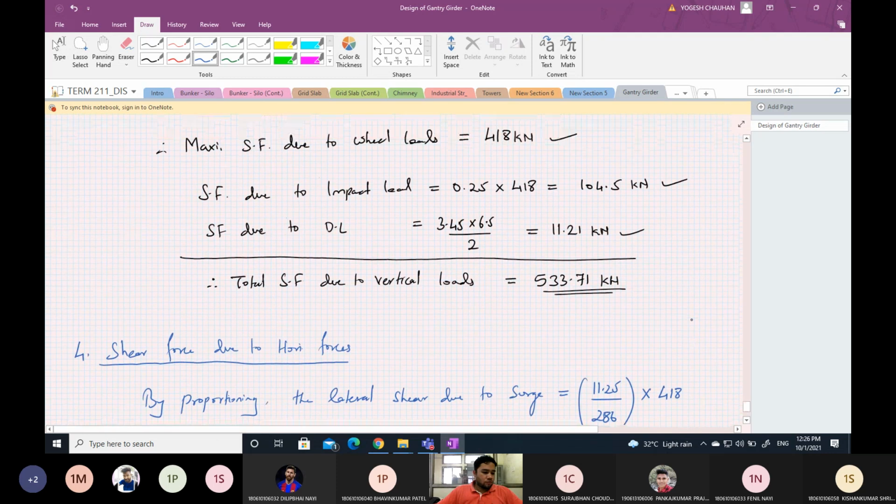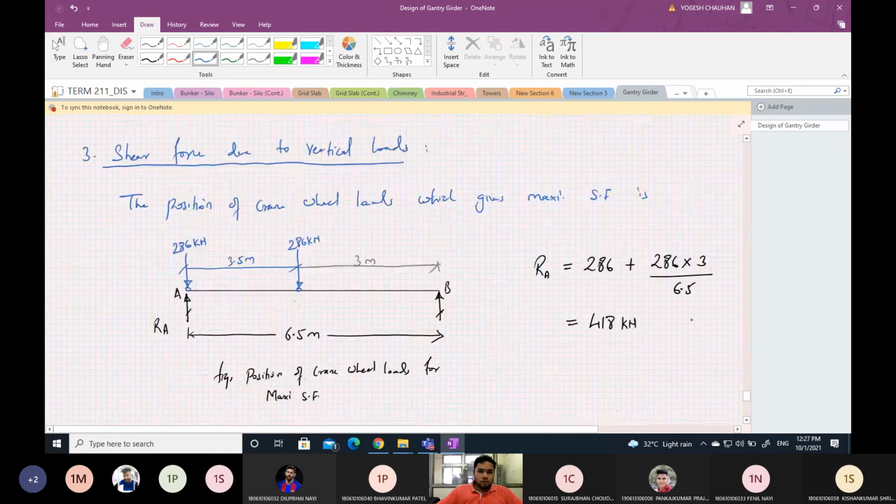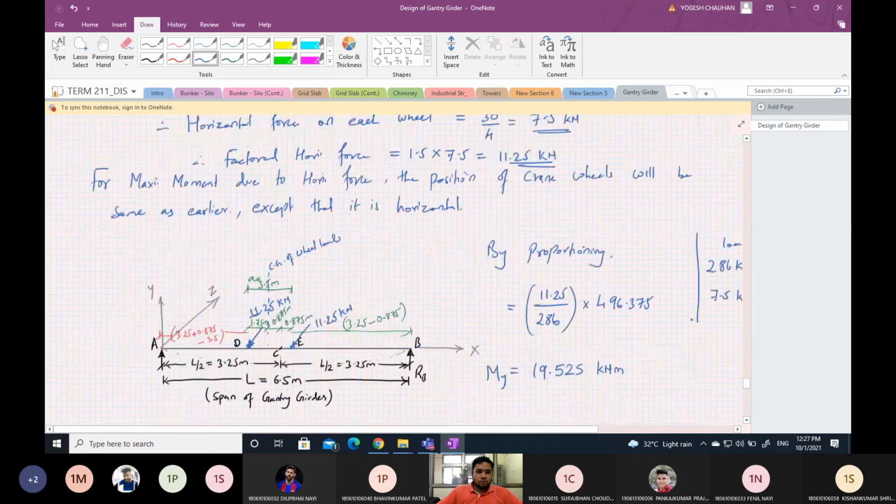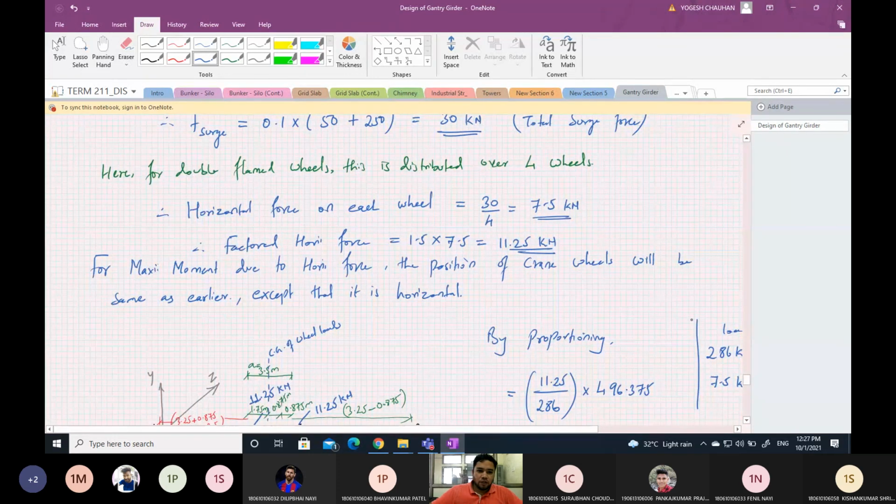Okay, so we found the horizontal moment and horizontal shear force. We found the vertical moments and vertical shear force. Okay, so let's stop here, and in the next class we'll assume some trial section and find its capacity. We'll perform various checks, and if this trial section is satisfied, then our design is okay. Otherwise we have to revise the trial section. So that's it for today. If you have any doubt, we can discuss now.